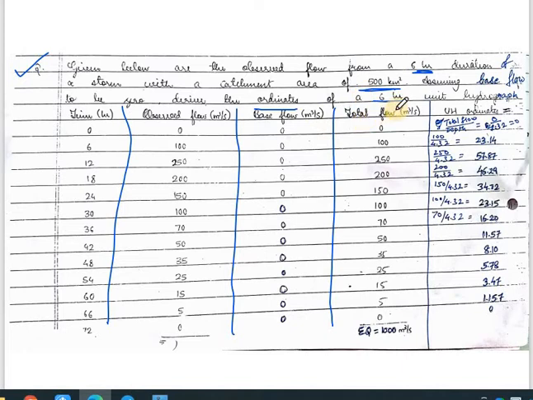Now we'll calculate the total flow. The total flow is the addition of these two values. So the addition of these two values will ultimately be these values only. So we'll write all these values and do the summation of all of this. So the final summation of these values is 1000 meter cube per second. So the final discharge which we are getting throughout the rainfall is 1000 meter cube per second.